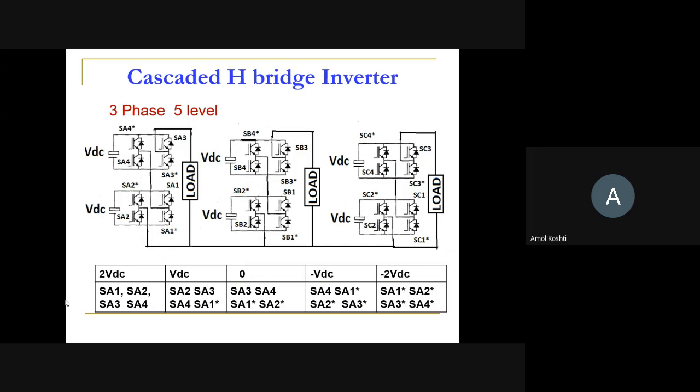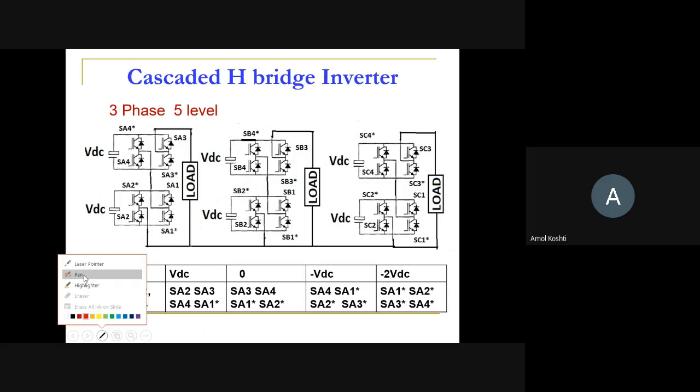So today we are going to see the third type of multi-level inverter, which is the cascaded multi-level inverter, or it can also be called a cascaded H-bridge type inverter. This topology is very simple and very widely used because constructionally it is very easy to construct, and it is very easy to analyze also. So here we'll see how these cascaded H-bridge type inverters are constructed and how they work.